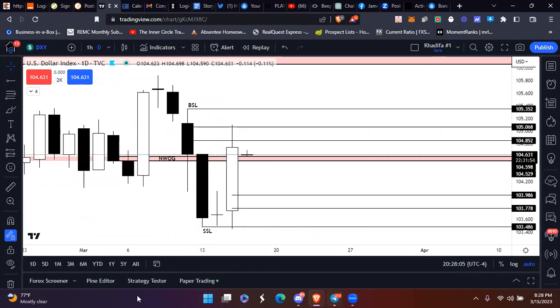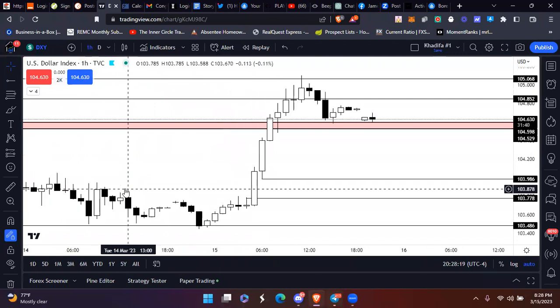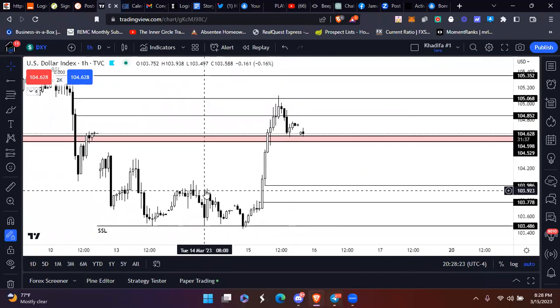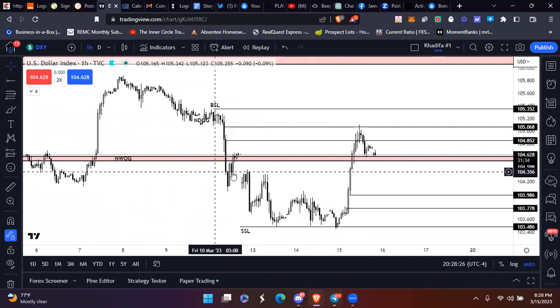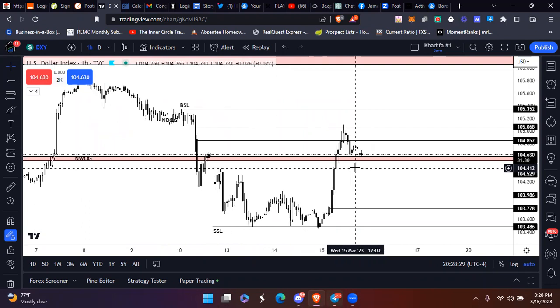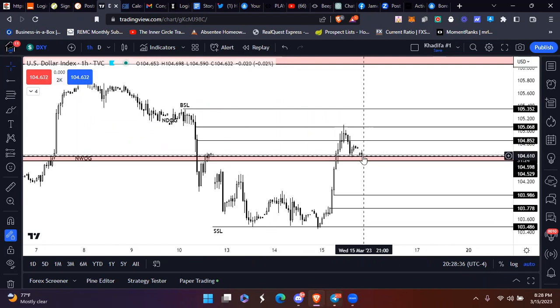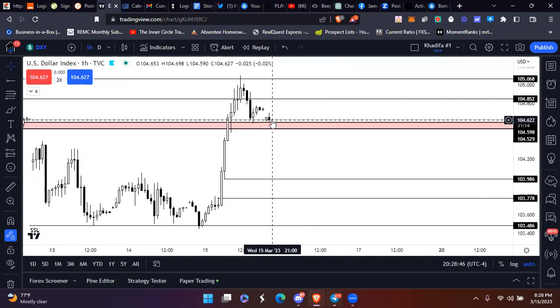Now, what I want to see is very simple. I want to see how price reacts to this new opening gap that we just pushed through, right? So we go down to the daily time frame. I'm not really concerned with what price does to this new opening gap as far as respecting it as a support, right? To be interested in taking any buys. I won't be taking any buys off of this level because we could very well see price action push back down through this new opening gap